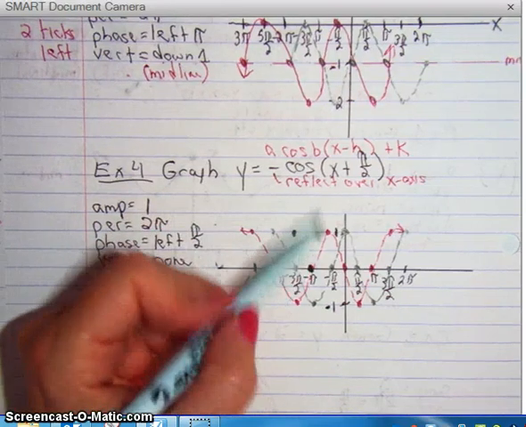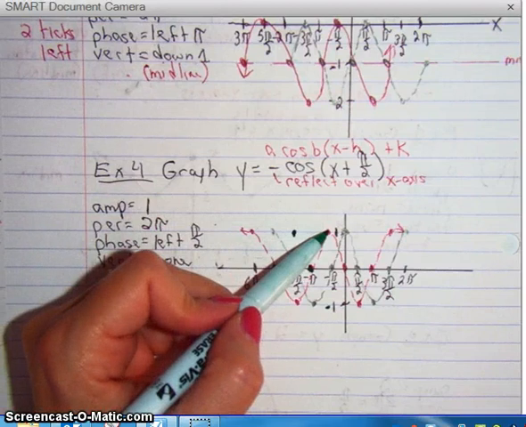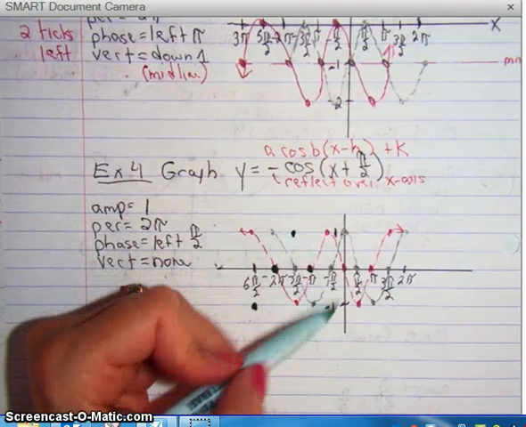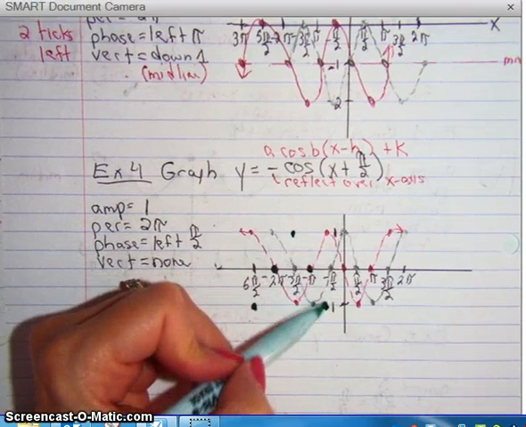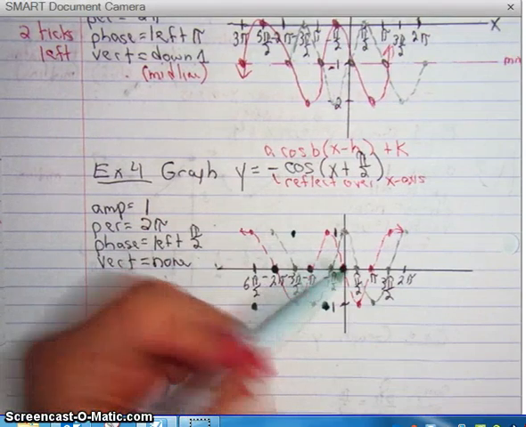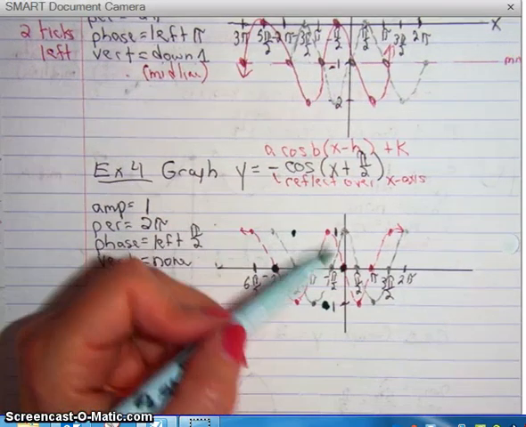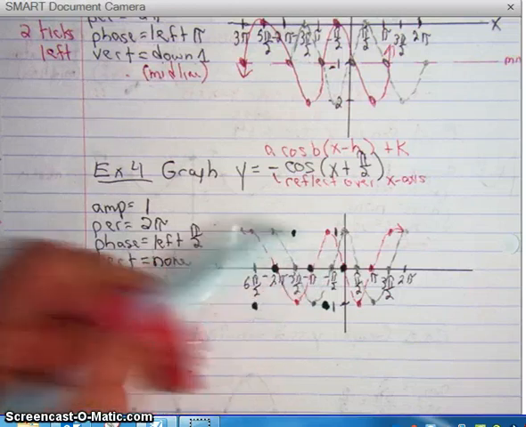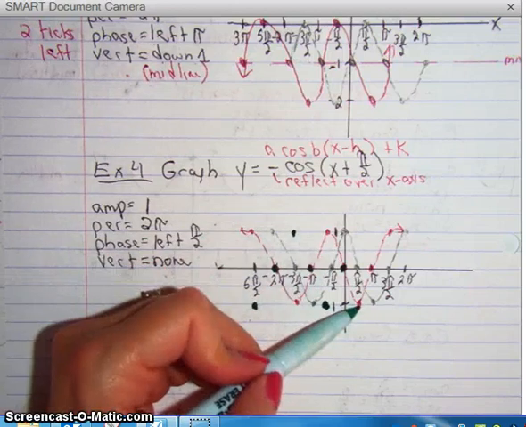Okay. At negative pi over 2, I'm up at 1, so now I have to go down to negative 1. At 0, I'm on the x-axis. At pi over 2, I'm down at 1, so now